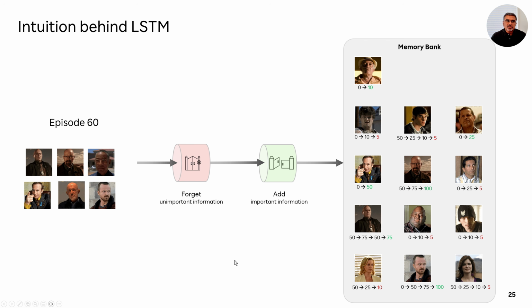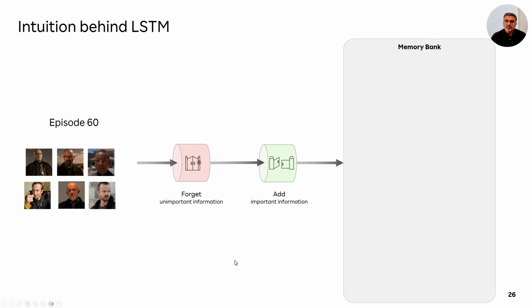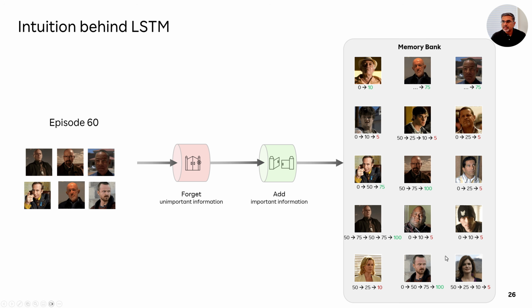Finally, we get to, let's say, episode 60, and more characters get added. So we add them to the memory bank. We adjust the score of existing characters, either up or down. So we are essentially forgetting, or rather, we are downsampling their importance. So we're forgetting information about them. And we are adding newer characters, but we are also upscoring certain characters that are already in our memory bank, because their importance starts to show up over all the episodes.